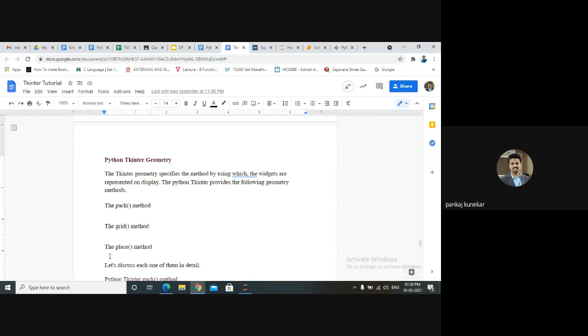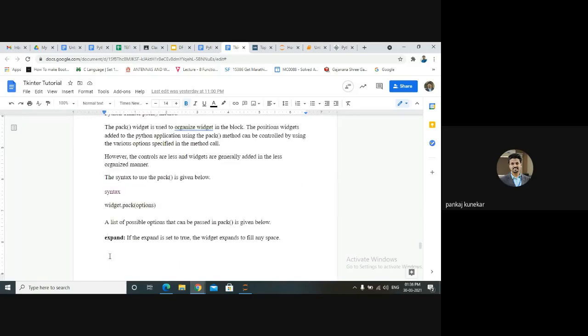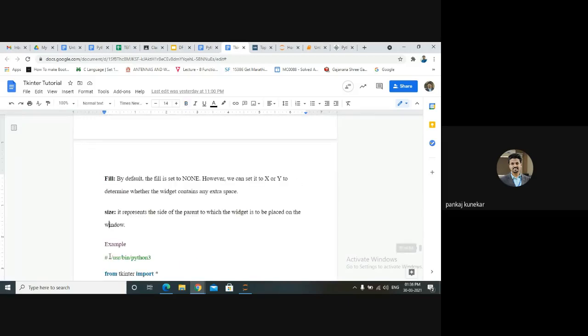We need to specify which row number and column, or which cell, we want to display in. And place, according to our option, we can just place it accordingly with x and y coordinates. So in place we need to specify the coordinates, in grid we need to specify row and column, and in pack we just pack it on a frame. So see here, the first option is pack.